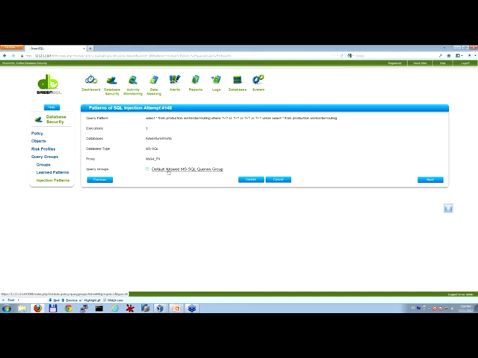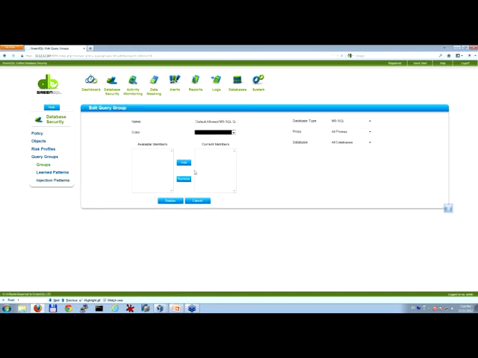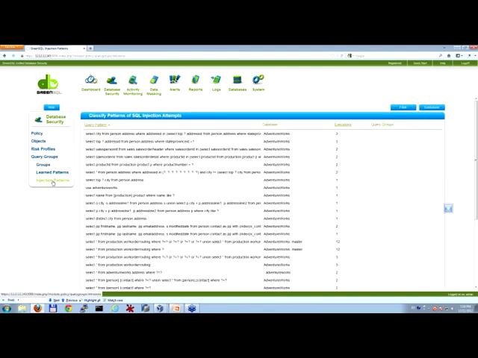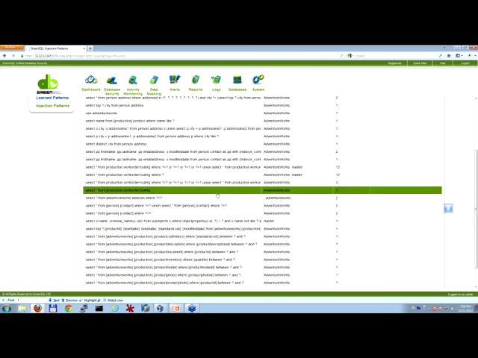And this specific one goes to the default allowed MS SQL query group, where I can decide which group to place the blocked queries, the allowed queries, or the injection patterns that I wish.